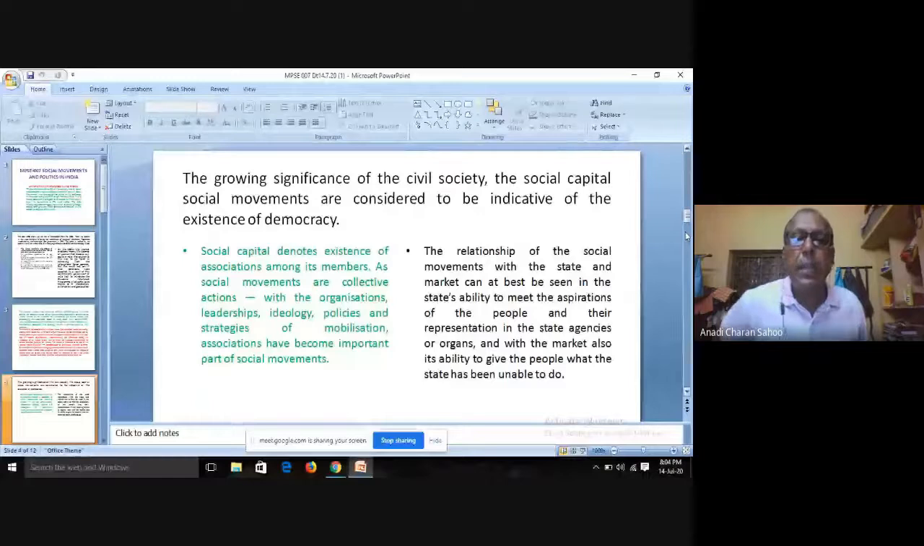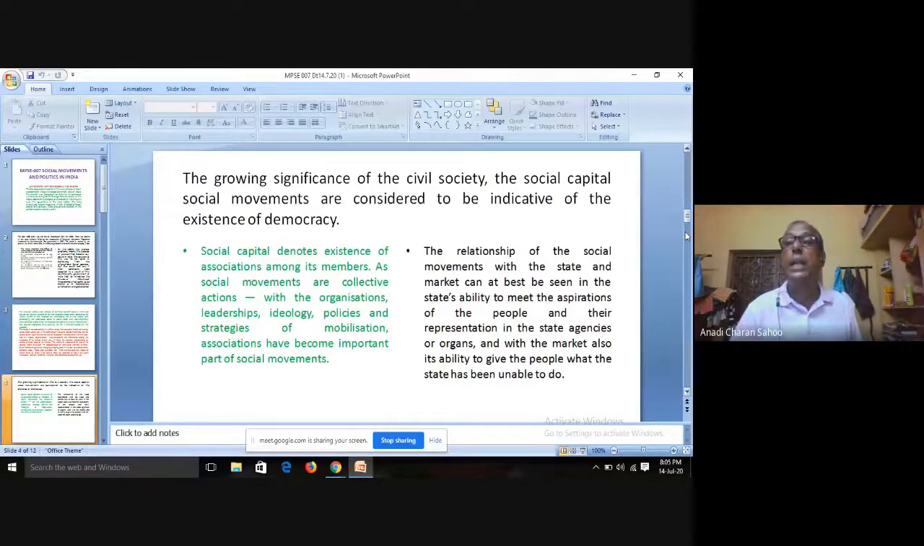The growing significance of the civil society. The social capital, social movements are considered to be indicative of the existence of democracy. The relationship of the social movements with the state and market can at best be seen